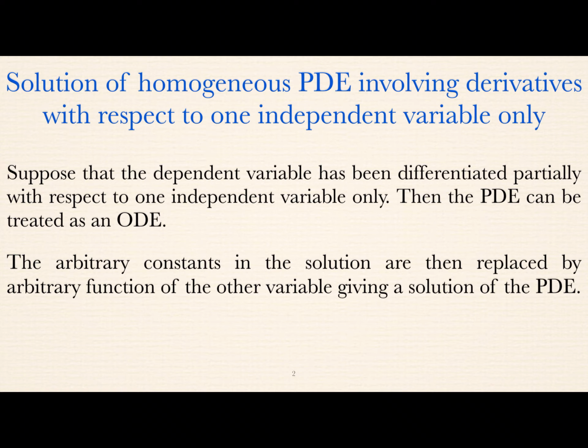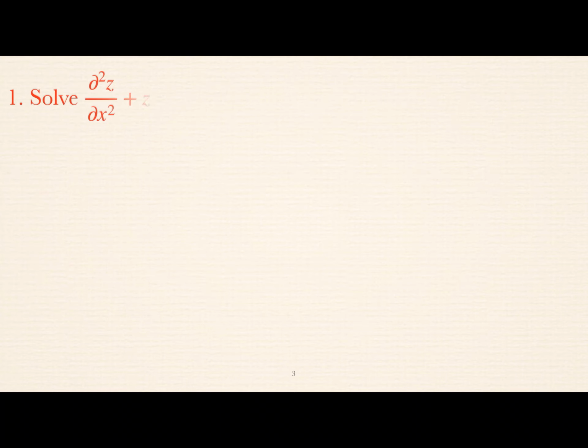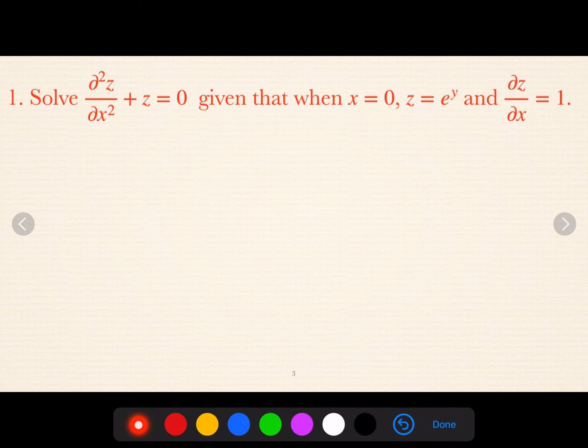A homogeneous PDE means an equation in which each and every term involves the dependent variable. If you take z as the dependent variable, each and every term has z. Here z is the dependent variable, and both the two terms involve z, so clearly it is a homogeneous PDE. A non-homogeneous PDE means the dependent variable occurs only in the partial derivatives. Go through that definition carefully, then come to this problem and observe it.